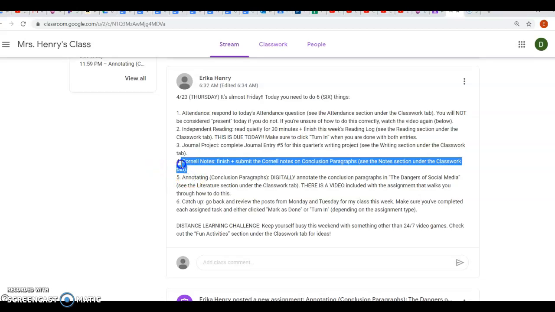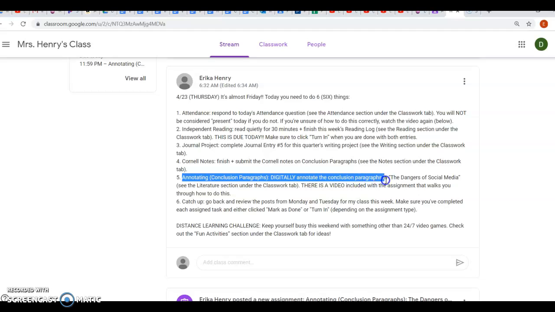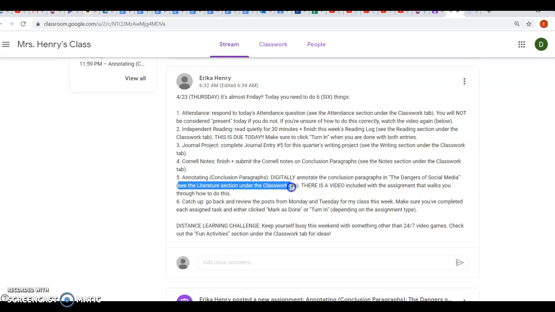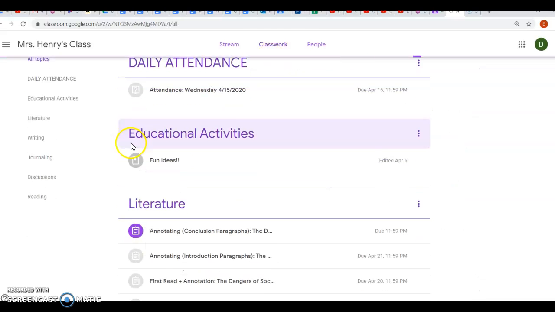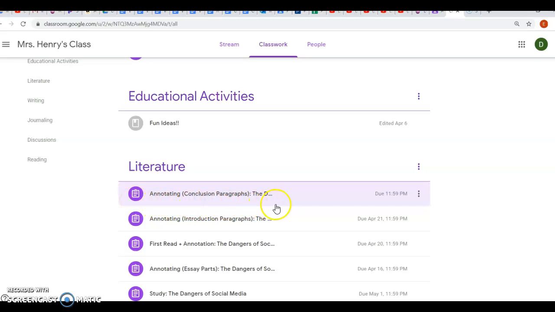Once you finish today's Cornell notes on conclusion paragraphs, we're going to be digitally annotating the final paragraphs of the dangers of social media. You'll do this in the same way that you did the introduction paragraphs last time and all previous annotations. So in order to find this assignment, we need to go to the literature section under the classwork tab. So we'll open the classwork tab,